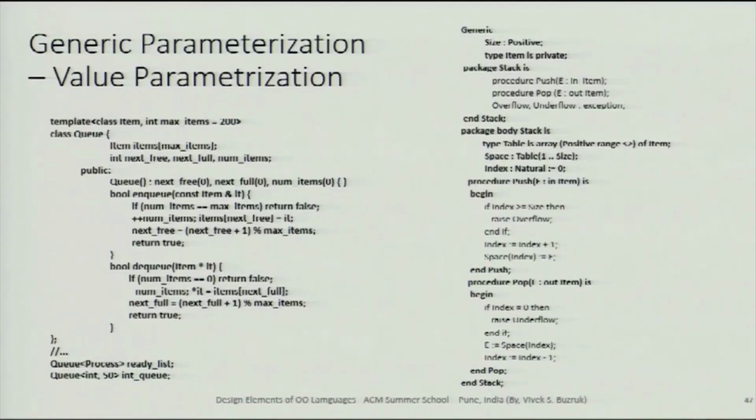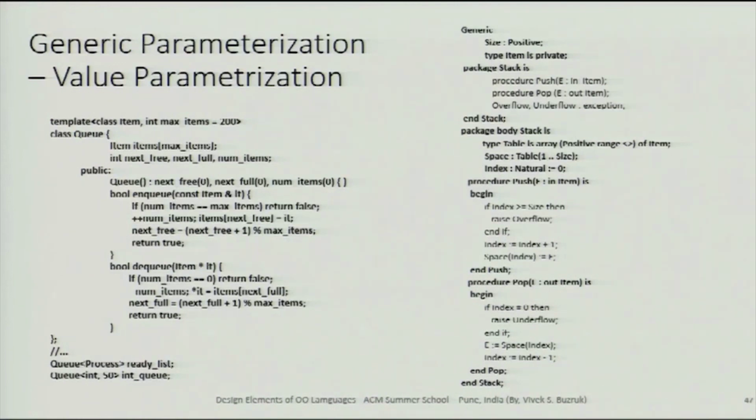You define the packages, that is the modules in the normal sense, which are generic, or procedures which are generic in ADA, and generic is a prefix that you specify before this. The first part is called a specification, like a .h file in C++, and then this is the implementation. So here the stack is one of the abstract data types that we are defining, and that stack is represented by these operations and this exception,